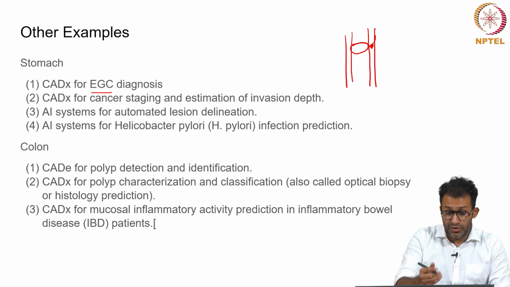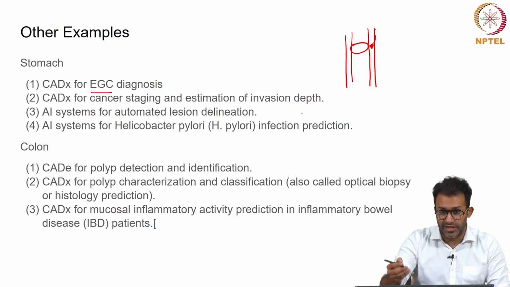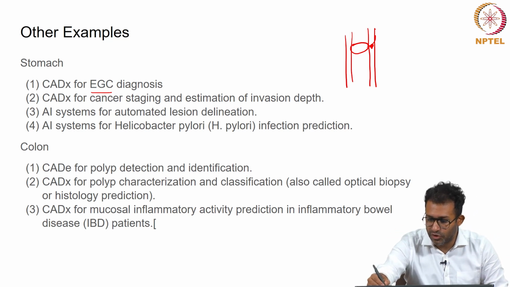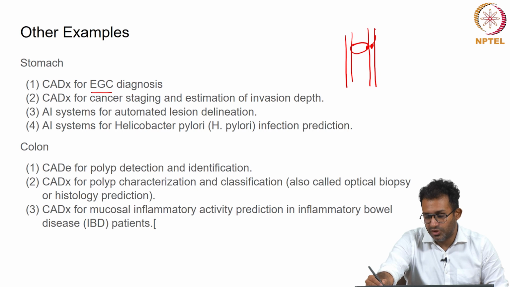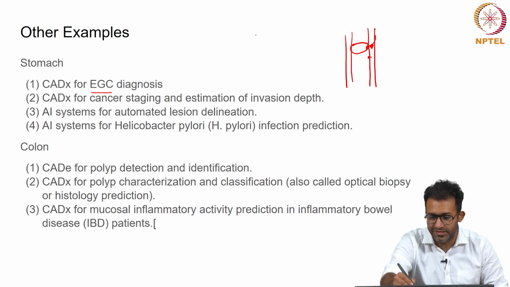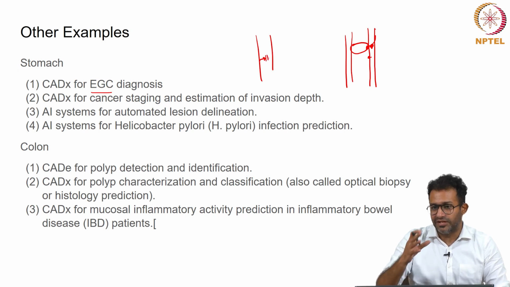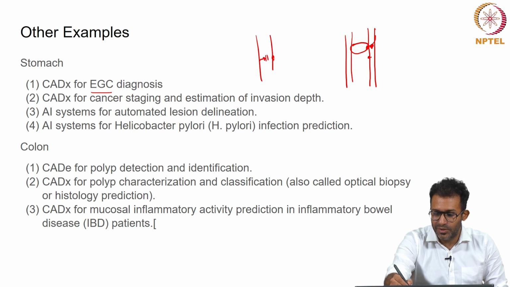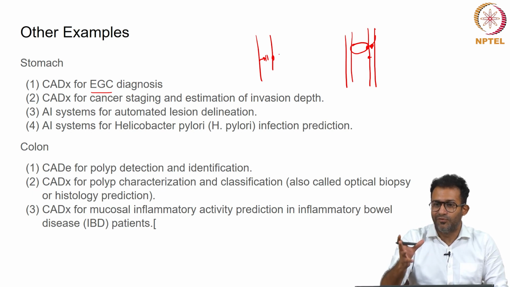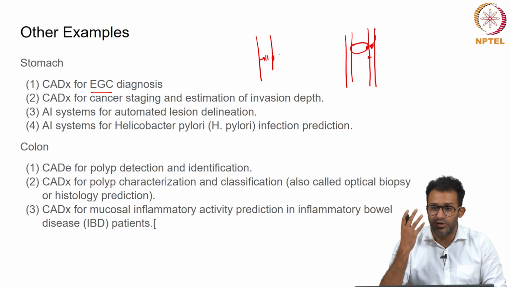It can be used for cancer staging and estimation of invasion depth. Many times you put an endoscopy, you see the cancer over there, but you don't know how deep inside it has gone. So, you have a cancer over here, you don't know how much inside it has gone into the surface. So, this helps us in staging the disease. So, if it has reached over there, you can say that it has become a T4 lesion or sometimes a stage 4 lesion, and the patient may have a poor survival.